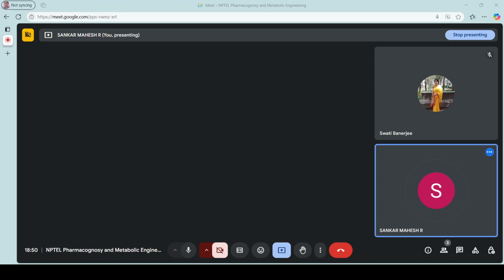Right. So what this HCT does is, in 4-coumaroyl-CoA, it takes this shikimate group and replaces the CoA group. So we get